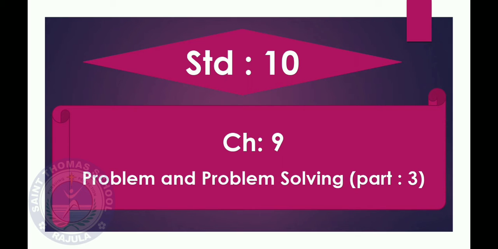So in our previous session we have discussed the components of a flow chart and how to create a simple flow chart. The components of a flow chart are the terminal symbol, input output symbol, process symbol, decision symbol and connector symbol. And then we saw a simple example to draw the flow chart. Today we are going to solve problems by drawing the flow chart. So let's just start it.